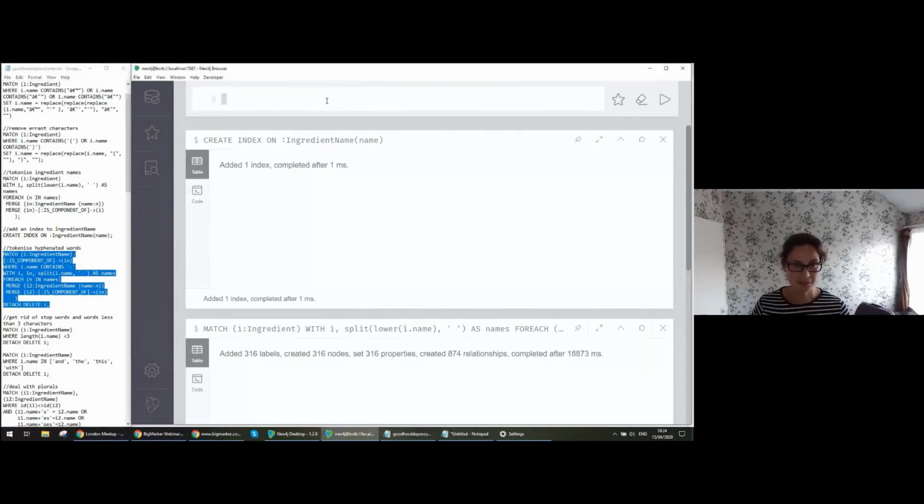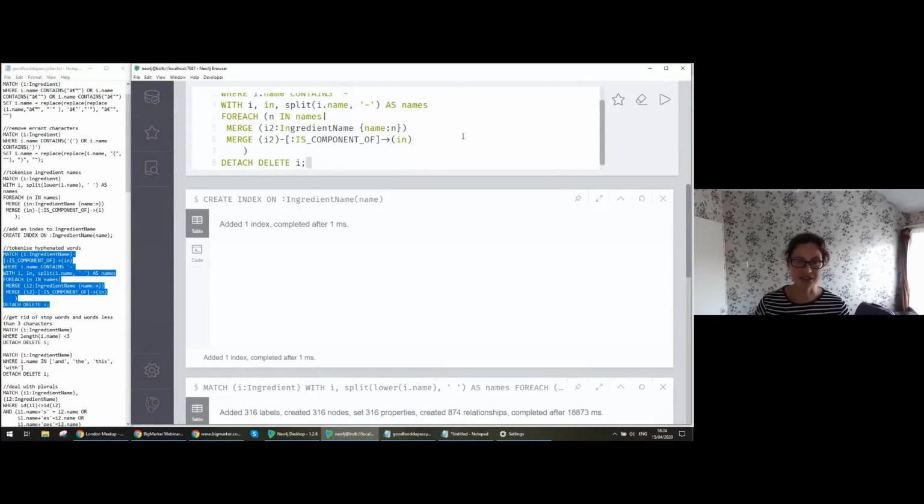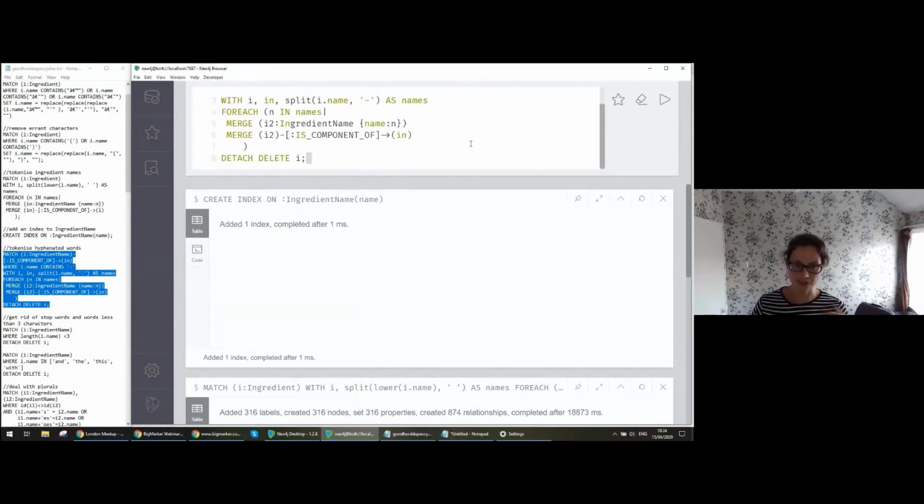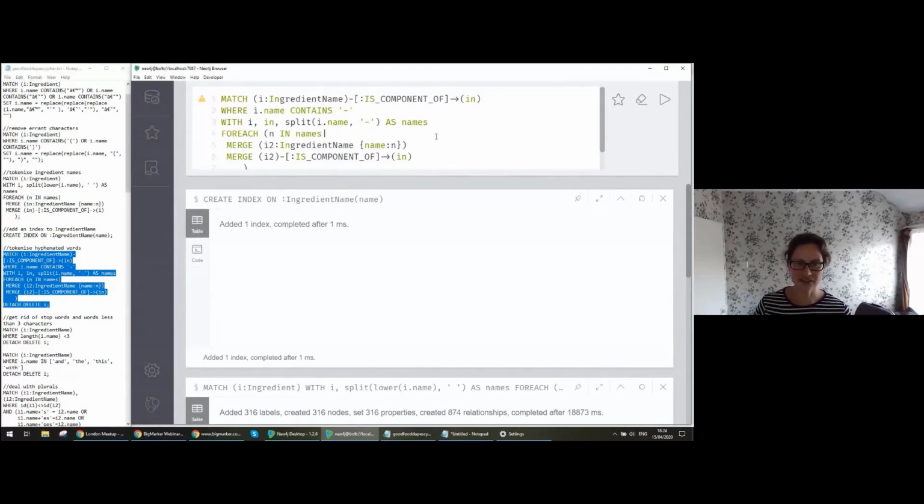So the next thing I'm going to do is deal with all of those hyphenated words. So again, if we use the new version, the new array of characters, we can use that to split. So anyway, I'm going to just quickly do that. And just a quick thing to flag what I'm doing here. So I'm doing the same approach here. And what I'm trying to do as well is this detach delete I. Yeah, so this is to deal with this situation where